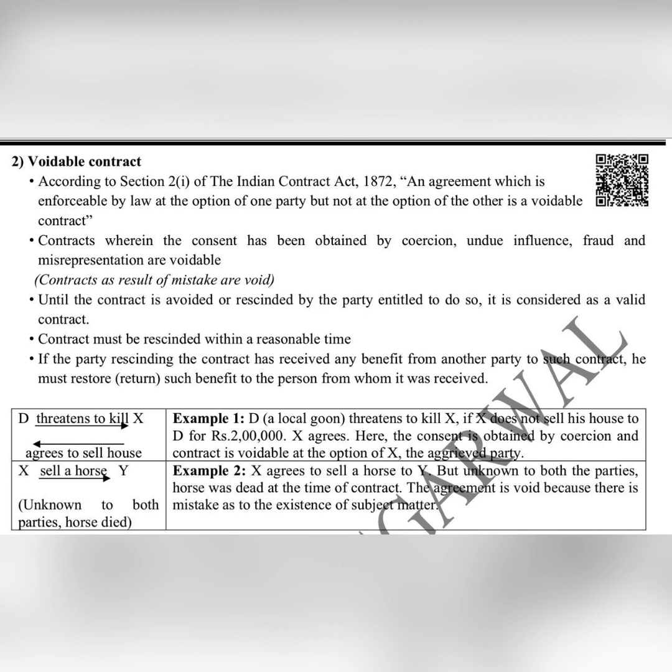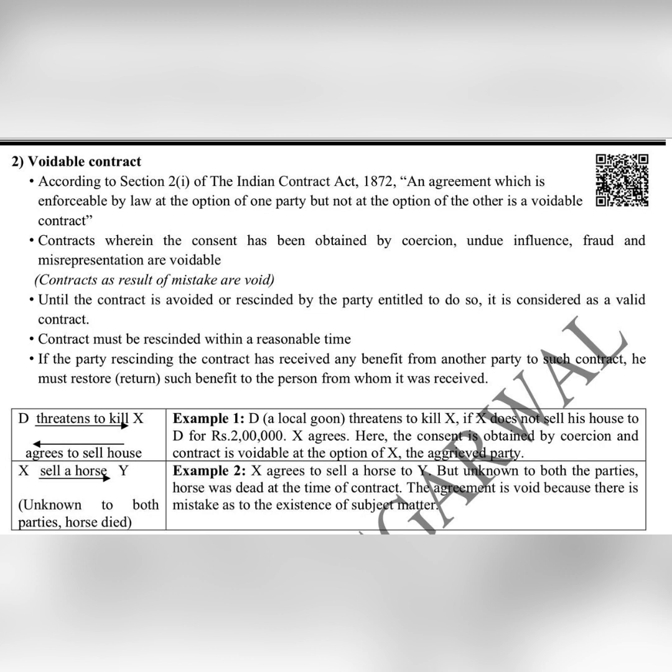Please note, students, that these options are available only and only with the aggrieved party and not with the other party. So whether a contract should be treated as valid, enforceable or not, or whether it should be cancelled, these options are available with the aggrieved party. Such contracts are known as voidable contracts. The contract remains valid till it is rescinded. The contract must be cancelled within a reasonable time and the benefit has to be restored. These options are available only with the aggrieved party and not the other party.